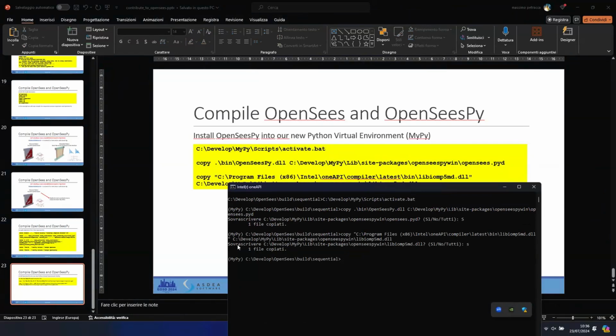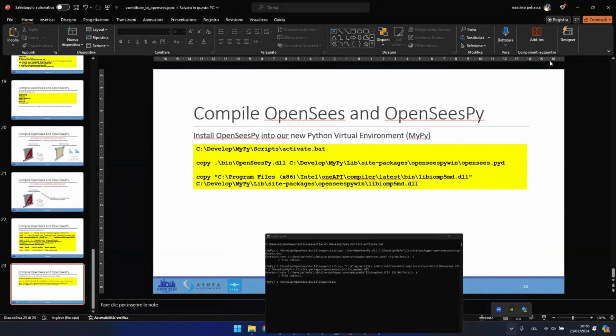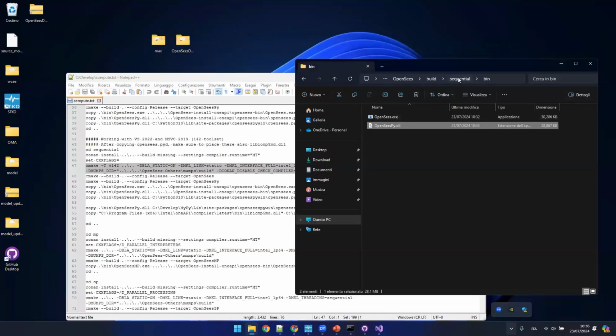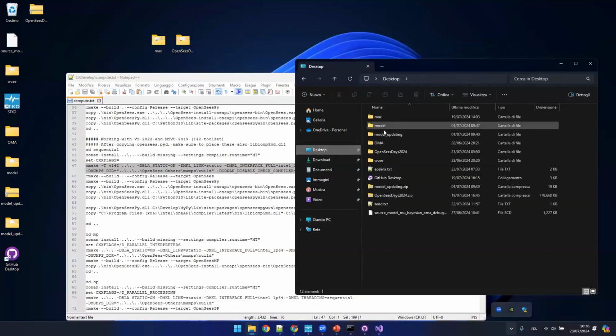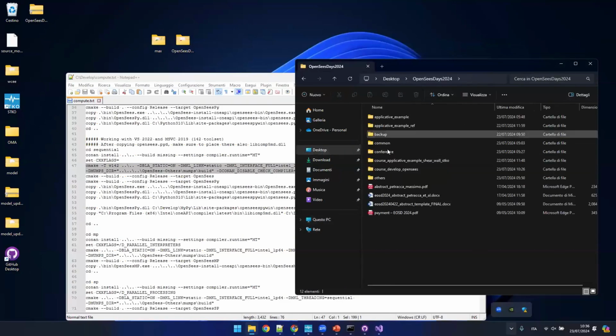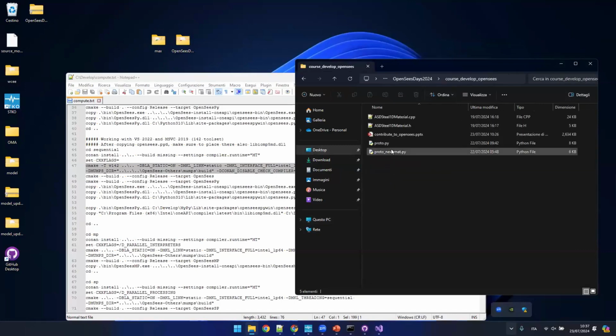So now you're here. If you run Opensees Pi here, you will find this new material. Now, just to show you why I decided to code this new material, and hopefully up to here you will be able to compile everything. But in the things that I sent you in Opensees Days, course develop Opensees, you also have a few other things. Well, I also copied the two files for reference for you, so you can easily look at them in any